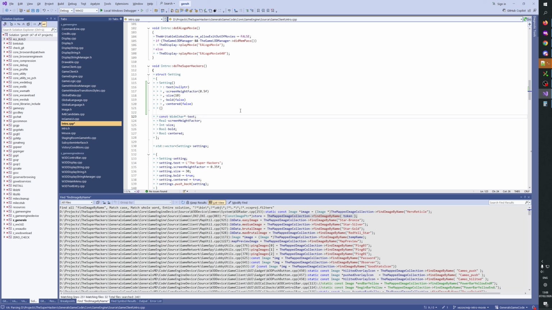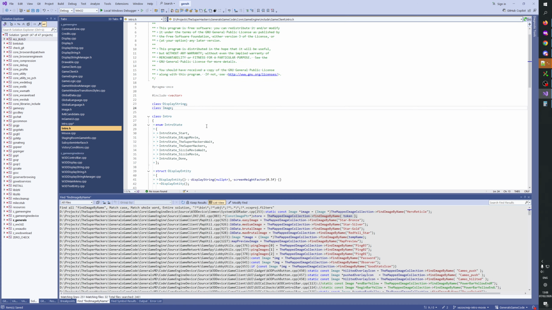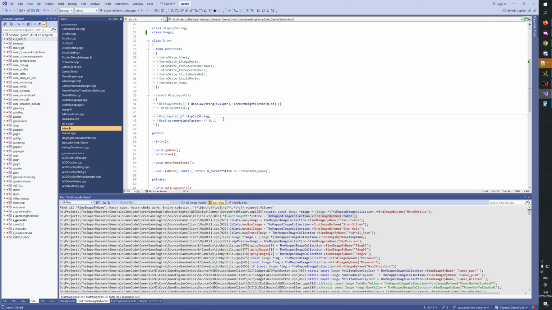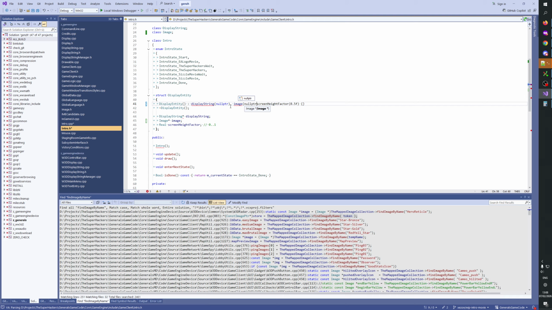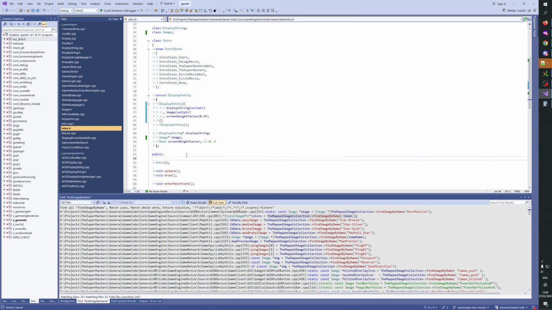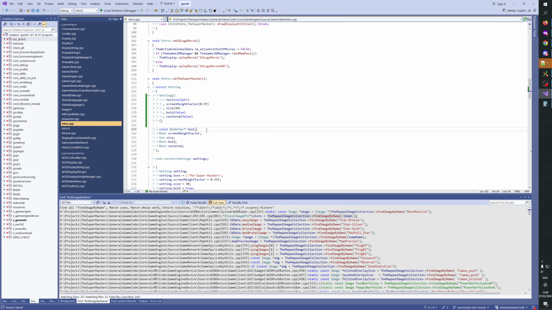And so I was thinking that maybe we have here my class image, and then here we have image, null ptr. Like this. And then we have